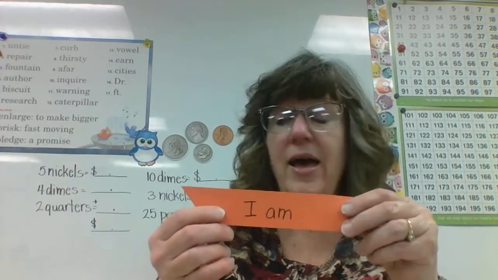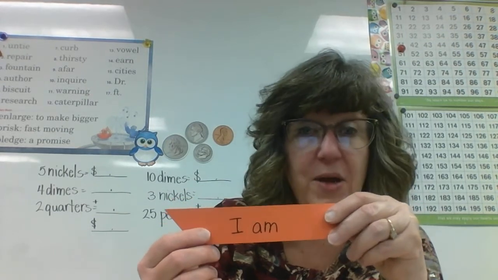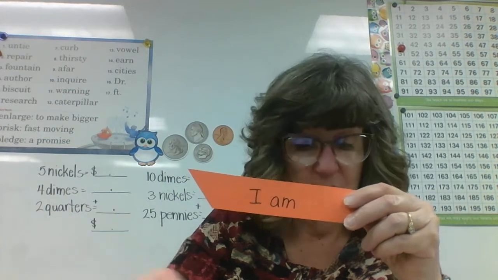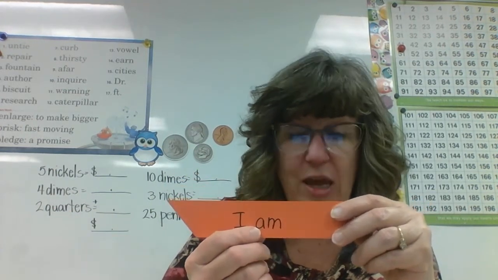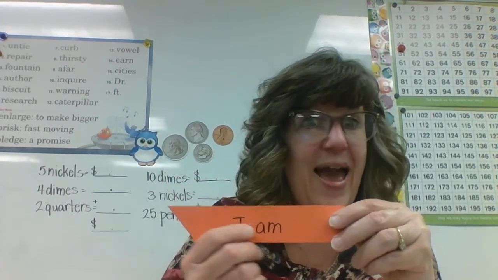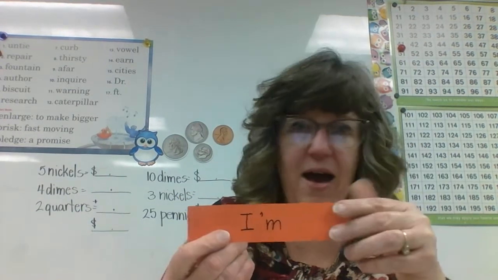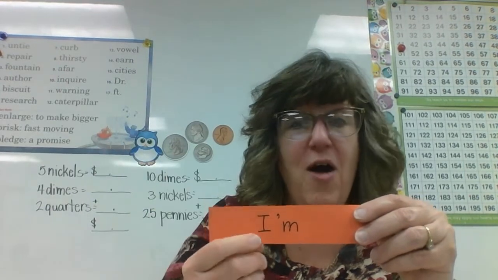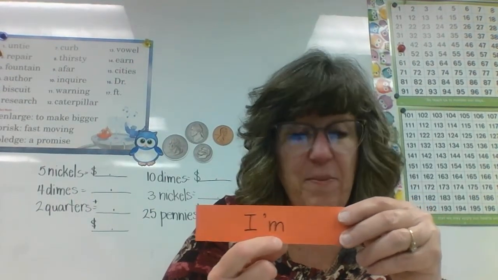Okay, little short guy is next. Oh, Ella. Ella's got this made in the shade. Here we go. Ella, I am. Remember, we're going vertical. Are you ready? Here we go. I am. Hey, she's right. I am turns into I'm. I'm so proud of you all. There you go. I apostrophe M.